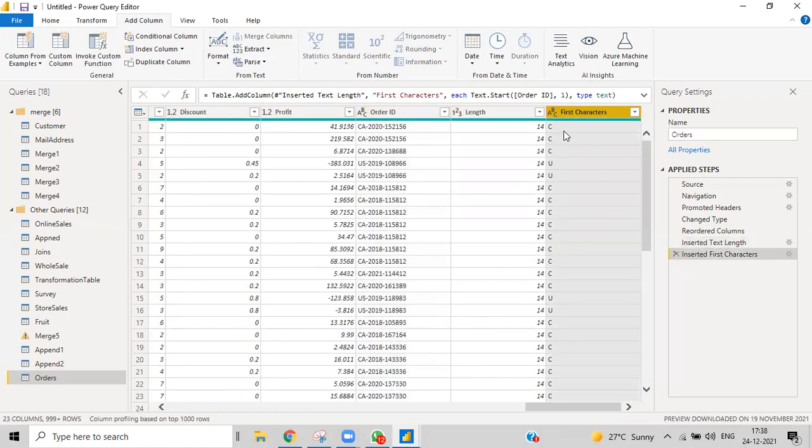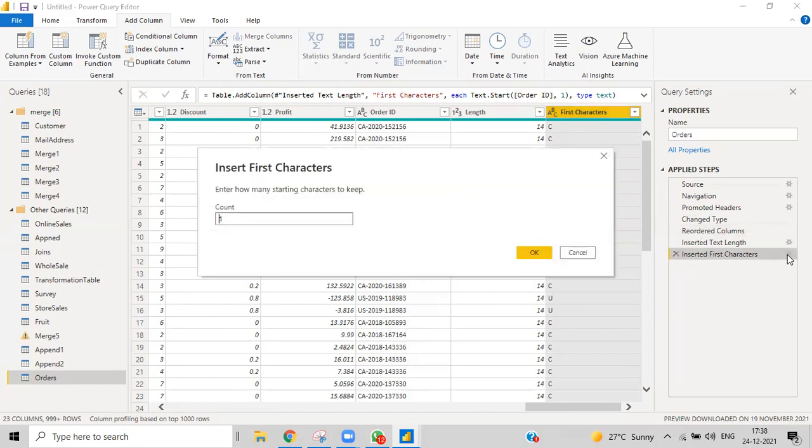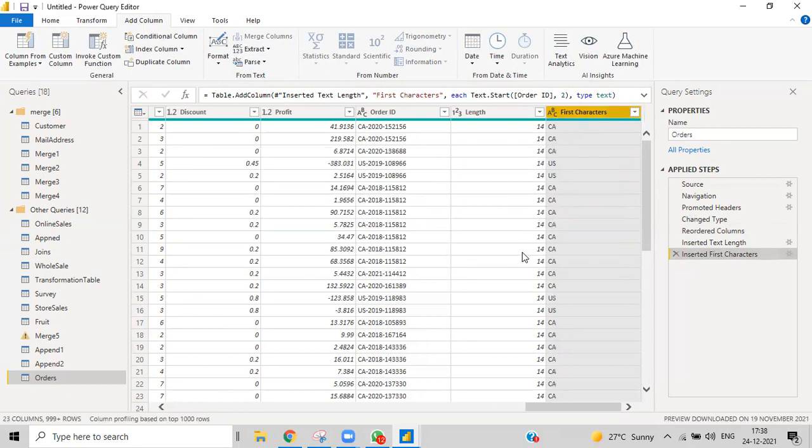How many starting characters do they need to keep? That is what they're asking. I want to keep 2. So obviously, I'll get all my countries. You can see I got my countries.